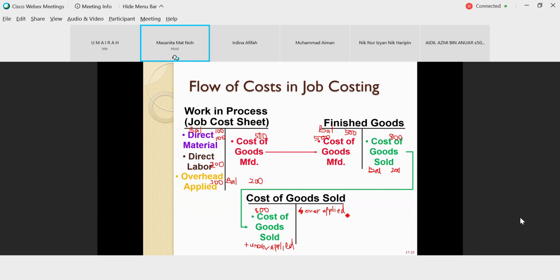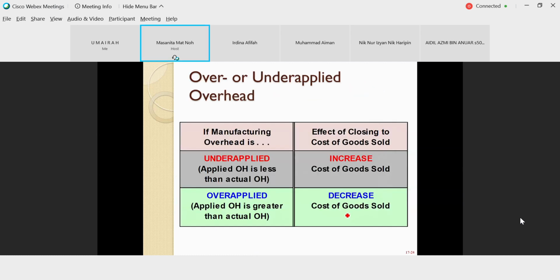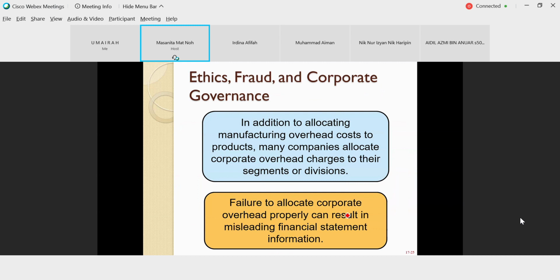Okay? Inilah proses tu. This is the flow of the course yang you kena tahu. Okay, the application of it. So for every topic we cover we touch a bit on the ethics and corporate governance lah. Okay, so kan sebenarnya when we look at the flow of the course tu, alright,